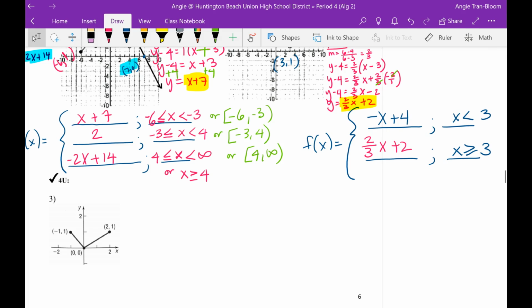I'm gonna go around to see your domain. The small number is negative one. Negative one is the small number, so you're fine. No, you leave it open. You want to check to make sure we got